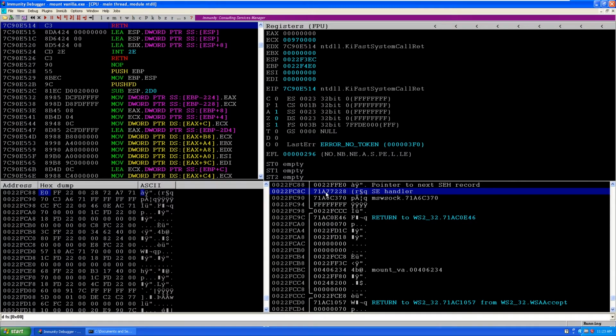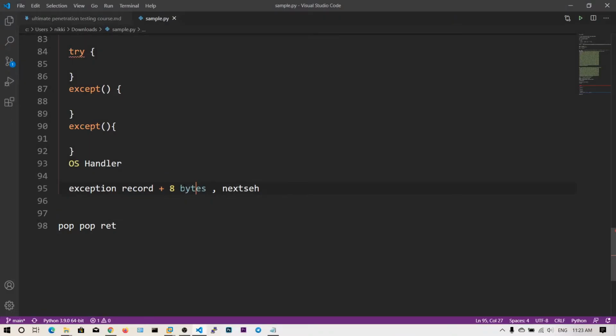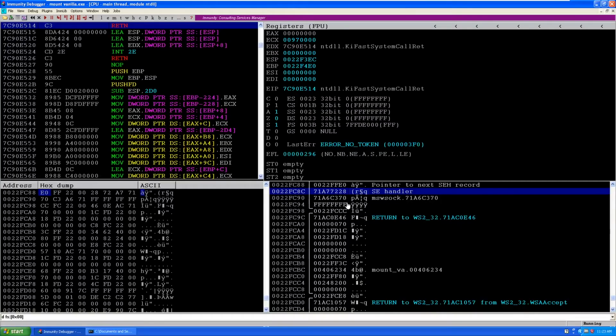So in general, what we will do in the overflow is overflow all this data with A's, and overwrite this SEH handler with an address pointing to pop pop return. Pop will take off the first 8 bytes, and then return will place the next SEH address into the EIP, and then after executing, the control flow goes from this SEH handler to this pointer to next SEH handler.